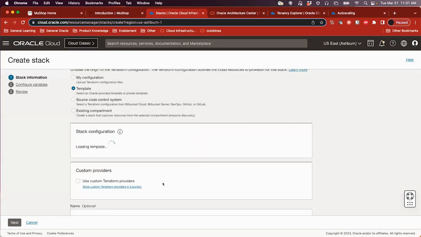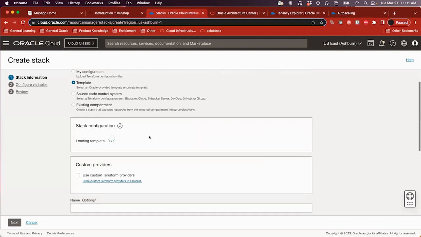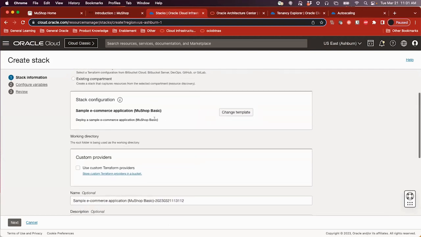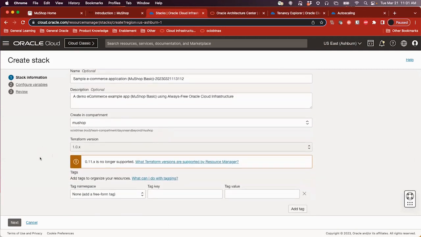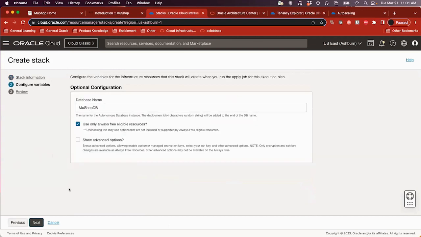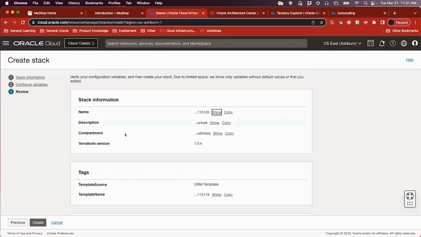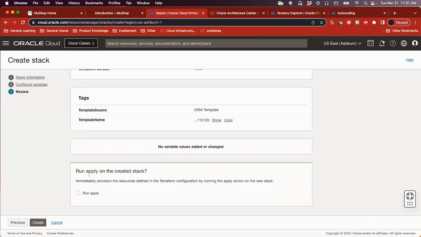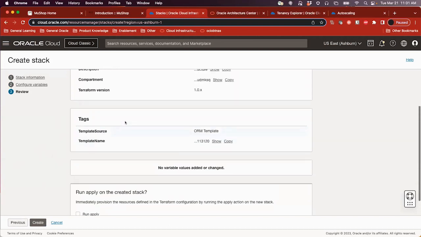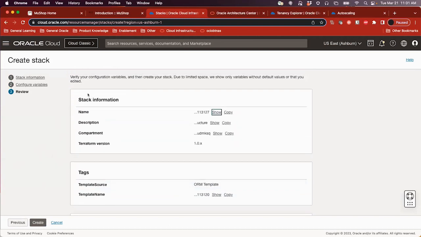Select the template, and then it will configure all of that for you. So just give it a second to load. I have some details for that, the Terraform version. Could go next to select the database name that you're going to have for this particular deployment, and then you could confirm, make sure all of this is correct, and run the stack. So you would run that, could apply it, and then it could provision the resources for you. But that will take a little bit of time, so we're just going to look at what we have already